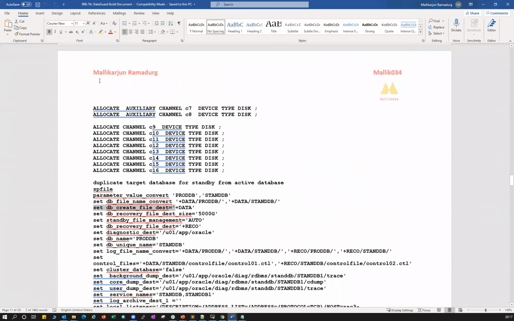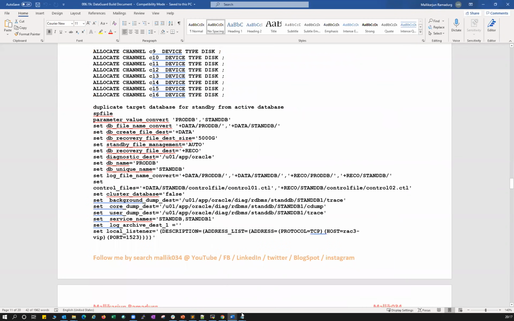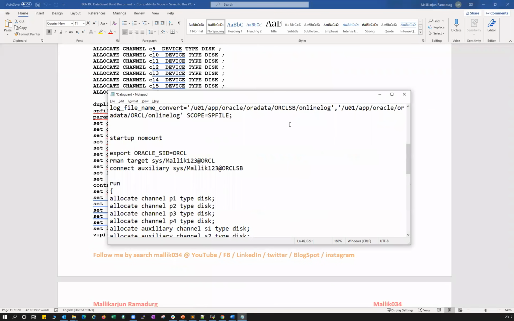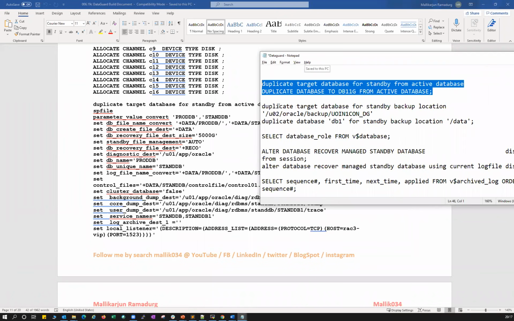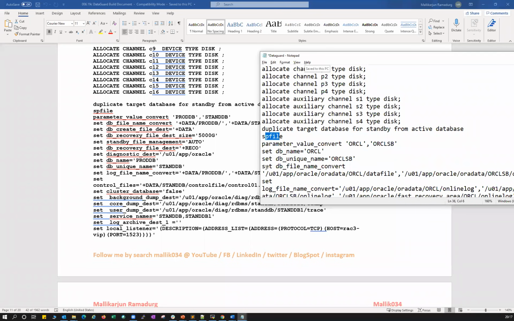If you want, you can have all this in a script. I'm just comparing what I'm using and what this particular parameter talks about here, because we are specifically mentioning SP file. Where is that SP file?